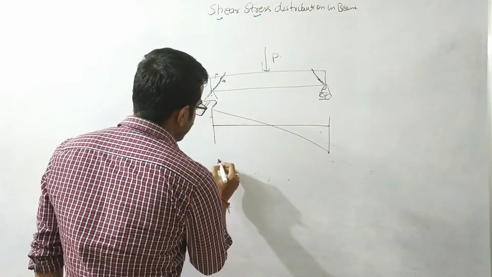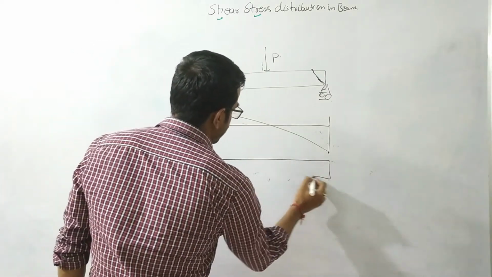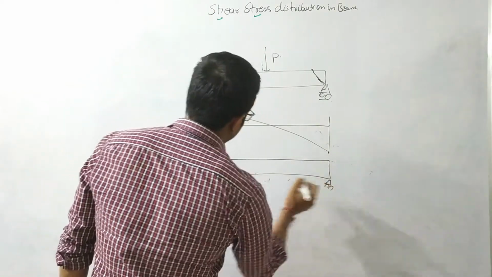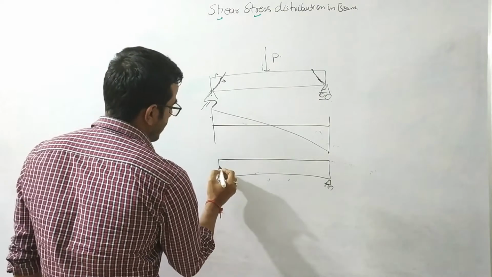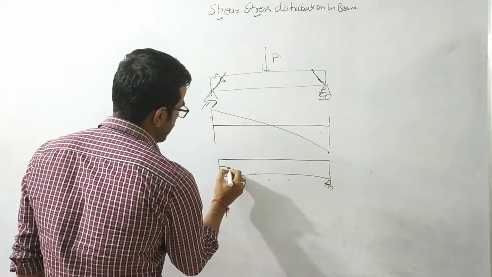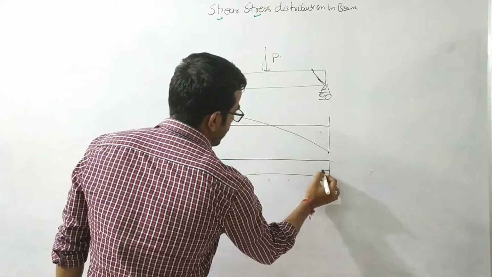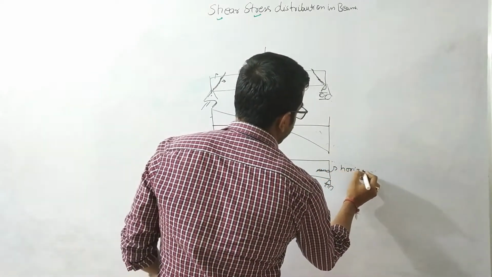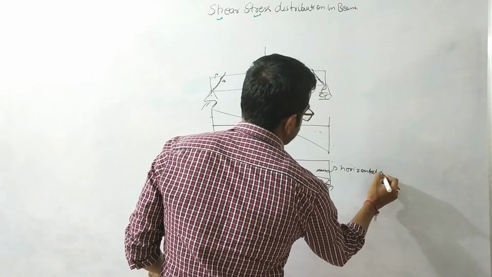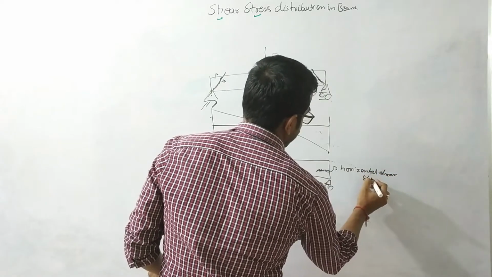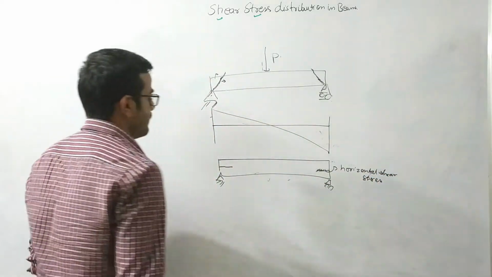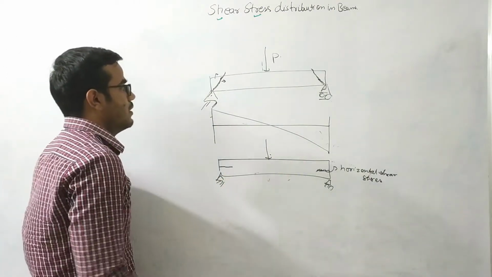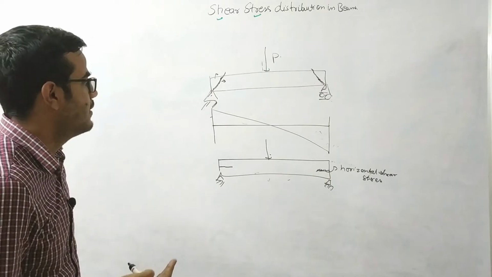In the case of, suppose, wooden beams, we have seen some failures along the longitudinal axis of the beam. These failures are due to horizontal shear stress, because when this beam bends, vertical shear stress will also be generated simultaneously.